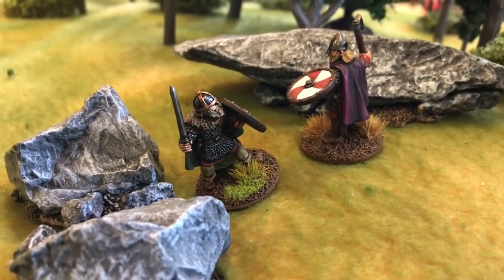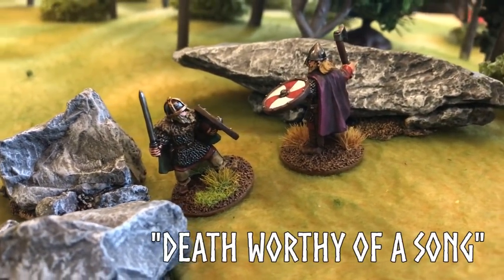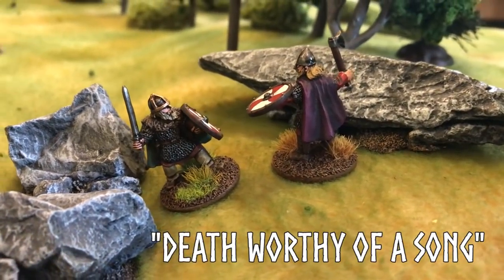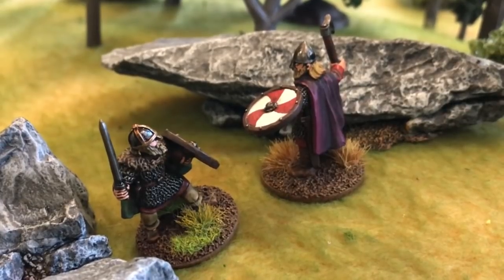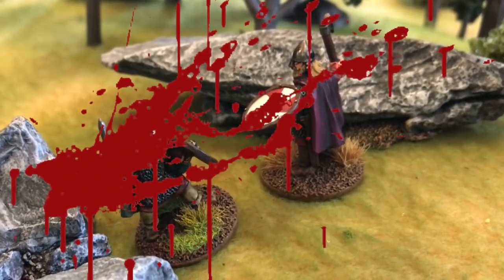My favorite part of the game, though, is a little rule called Death Worthy of a Song. If you kill an opponent in combat by rolling a 1, and he rolls a 6, it's considered a spectacular strike, one worthy of a saga. Inflicting Death Worthy of a Song forces nearby enemies to roll a morale check because they witness such a blood-soaked,